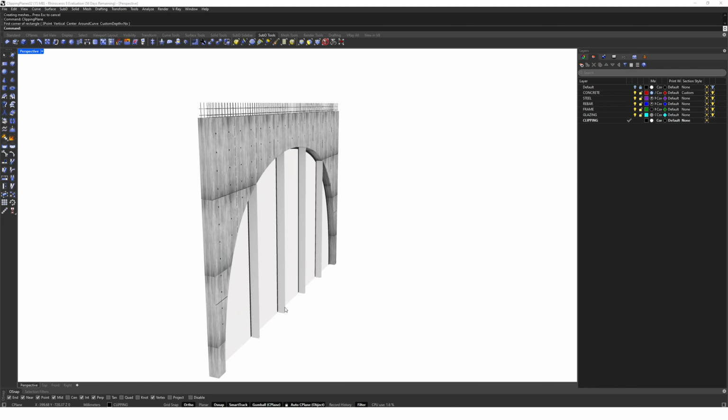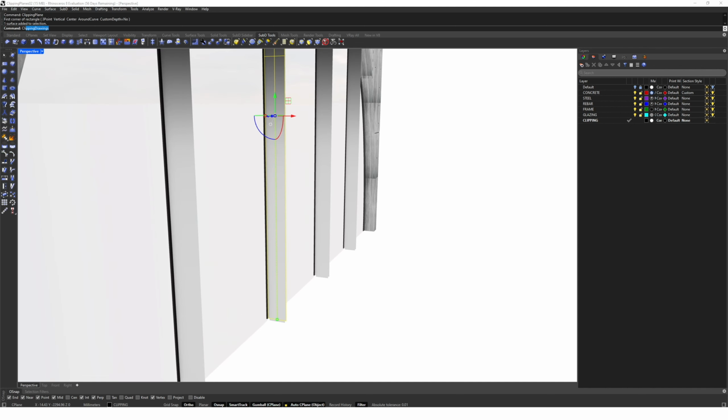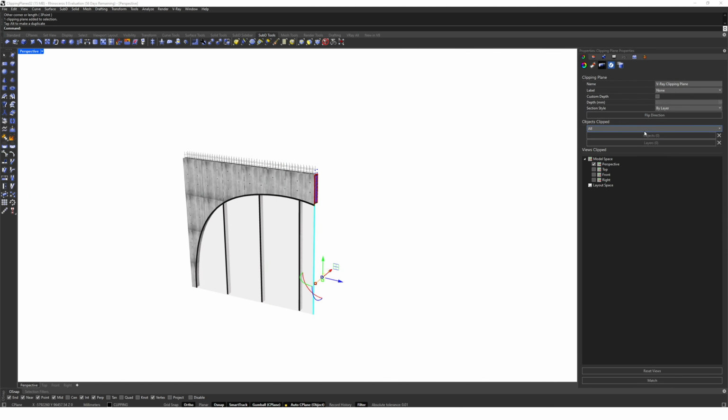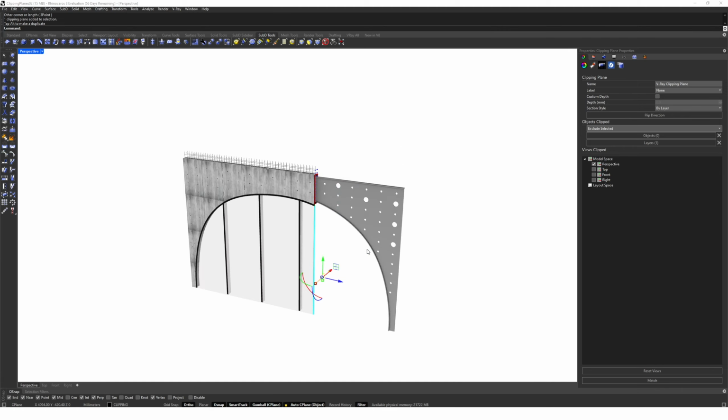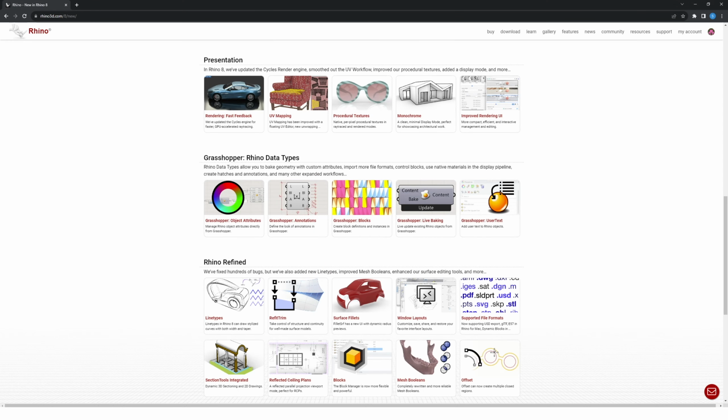Another great new clipping feature is the selective clipping tool. If we create a new clipping plane, we can select it and come up to below Objects Clipped and choose Exclude Selected. We can then choose to exclude layers from the clipping, which gives us greater control over visibility in the clipping plane. There are also updates to rendering, texture mapping, display ports, Grasshopper tools, developer tools, and general Rhino